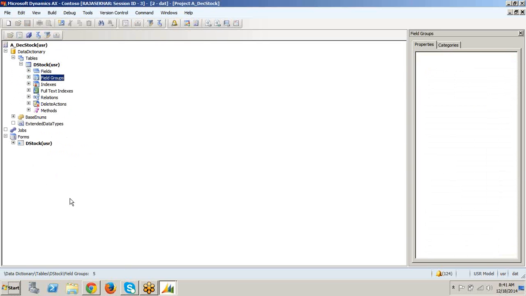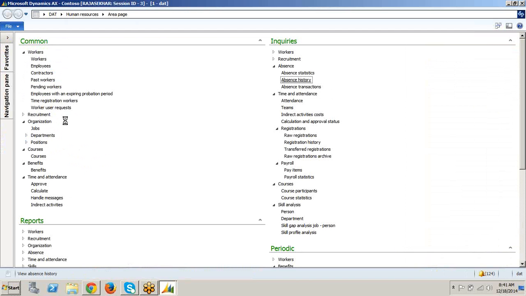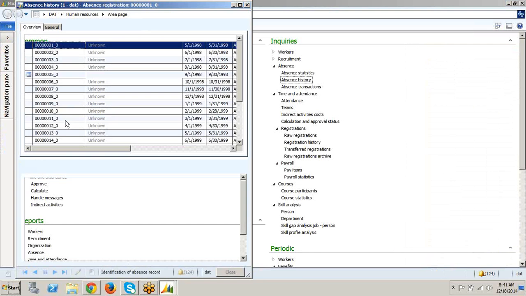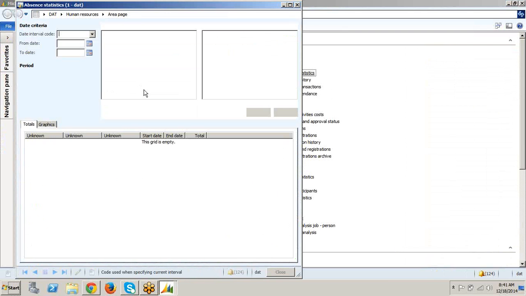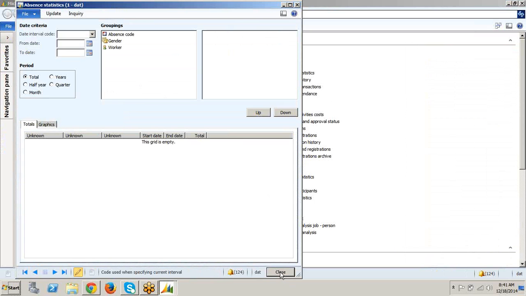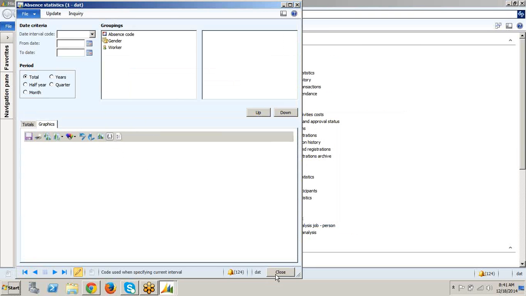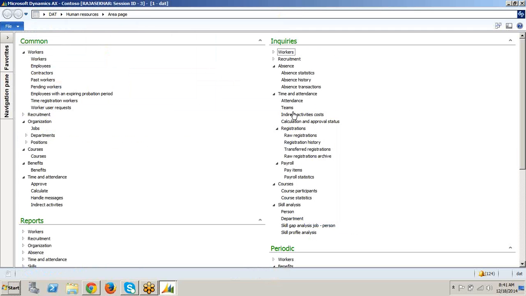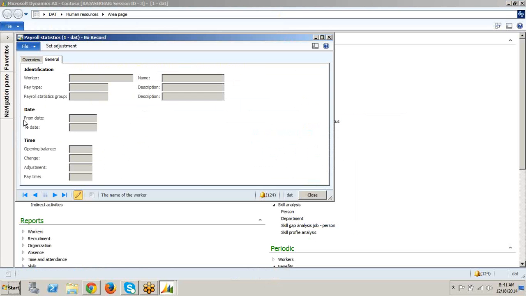Field groups are nothing but, you can see here, these are the group of fields.